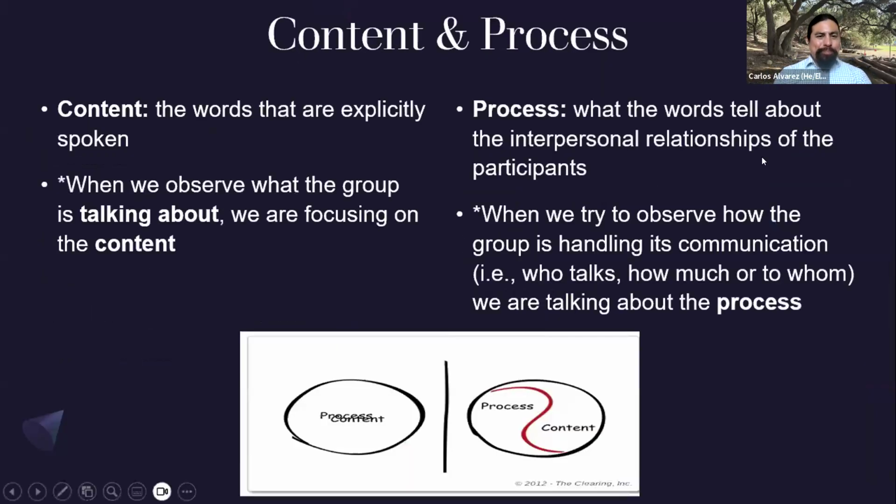All right. Now, this is where content and process are a little bit different. Content is actually the information that's being shared, like what we're talking about here. When we observe the group, it's what's being talked about, the actual information, the facts. If you notice on the bottom, content is just kind of more of a circle. The process in itself tells us more about how participants like yourselves are actually activating with the content.